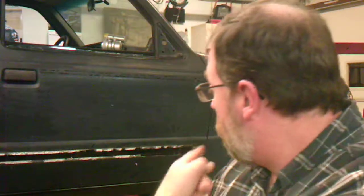Just going to give you an update on the transmission install. As you can see in the background there, it's still sitting there. I'm trying to do this installation without the use of a body lift, and it is proving very challenging. There's just not much room, even after I've done some finessing in the tunnel area. I'm still topping out